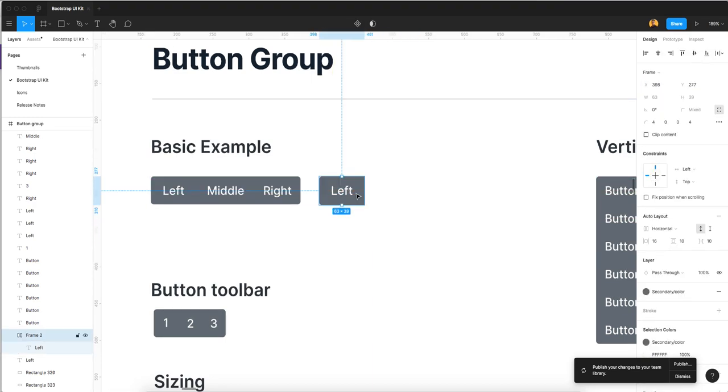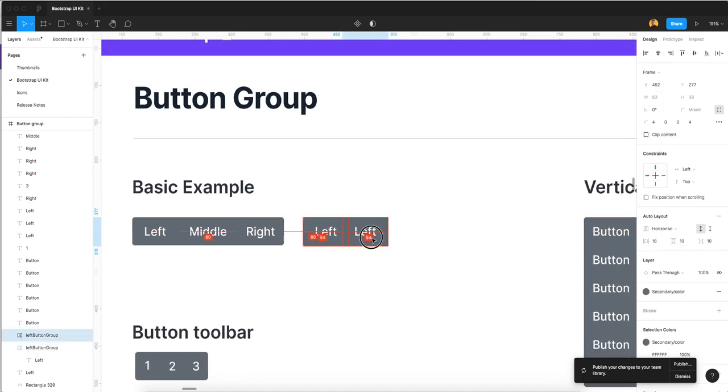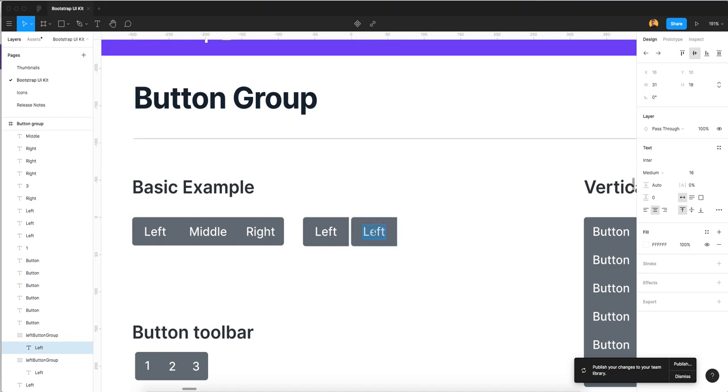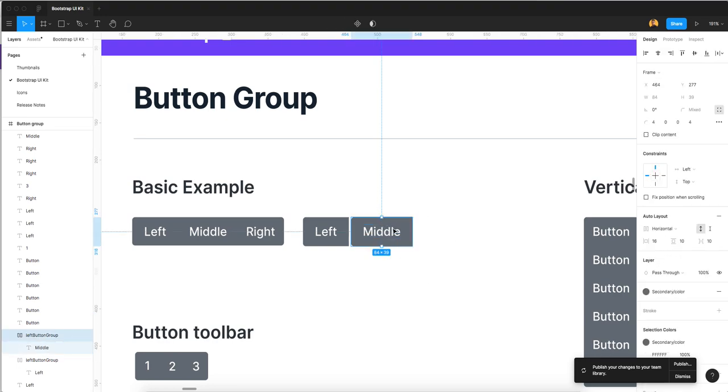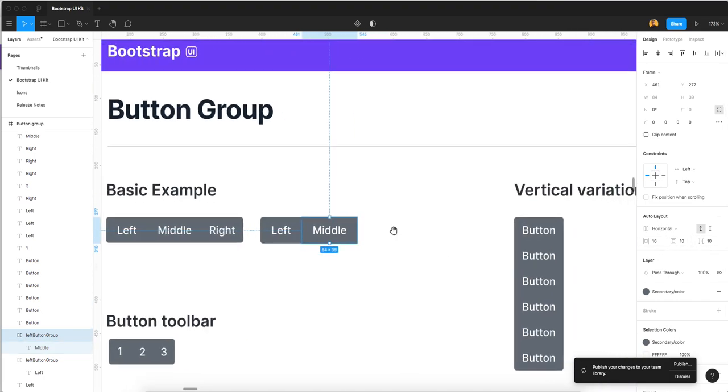Now here we created a left button group, so I will give the name of this frame left button group. Okay, now I just duplicate it and again I create it, change the name. Now you will see it will auto increase. So this works in auto layout. I will change the radius. We don't need radius here, so I am going to change it. Okay, so our padding will be the same, and our button group will be created.